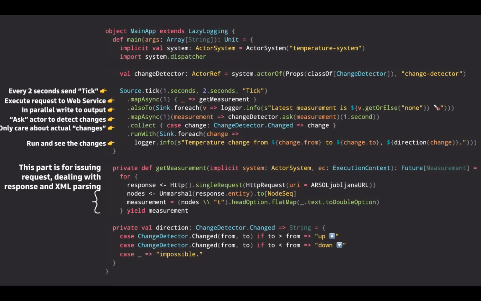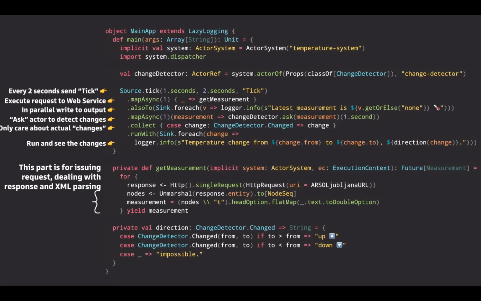And here you can see the method called get measurement. This is essentially an Akka HTTP client that issues HTTP requests. It could be HTTP2, to the external web service.